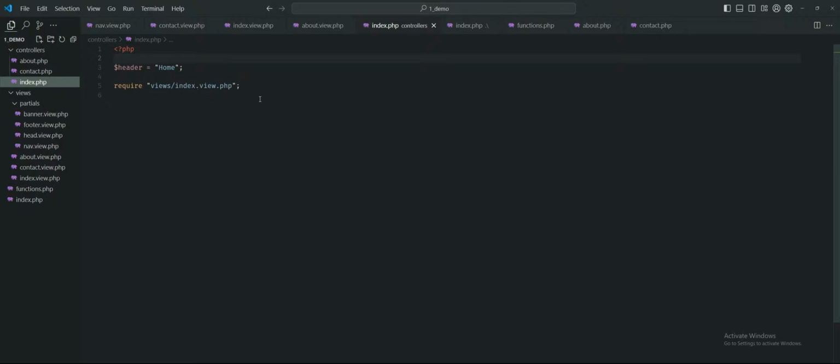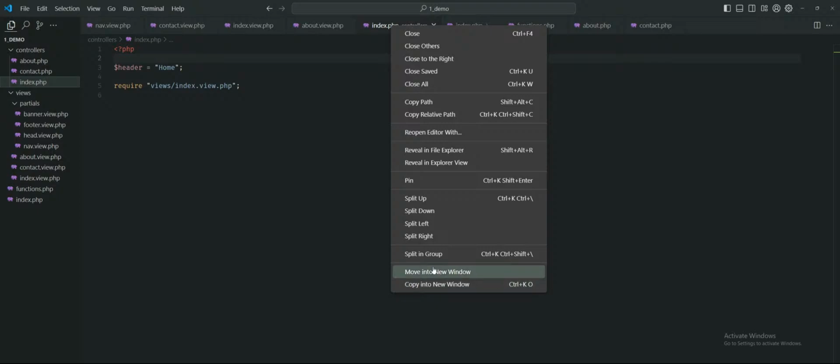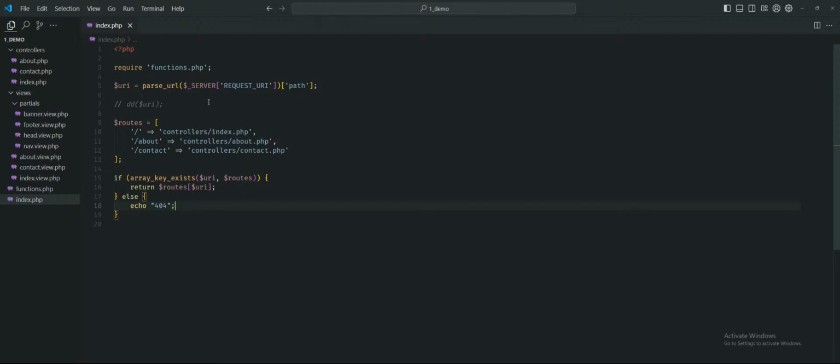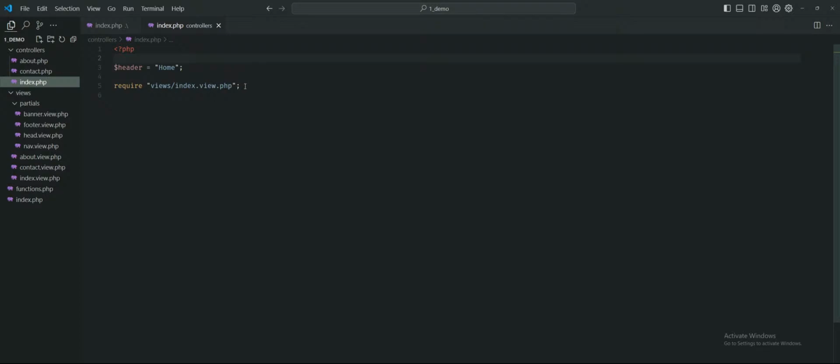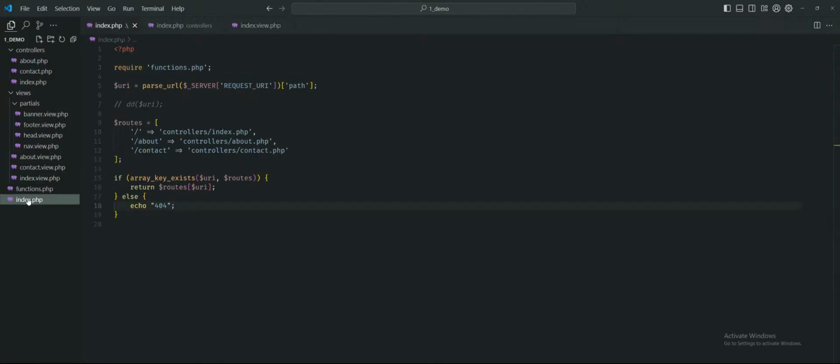So I go to views index PHP. Let me follow this. Okay, close everything else. If I close everything, this is the entry point, right? Okay, so I am at routes and I go, hey, take me to /. / goes to controllers index PHP. Controllers index PHP says require views index PHP, which says hello and welcome to our website, and loads these partials. That's the plan. But that is not working because